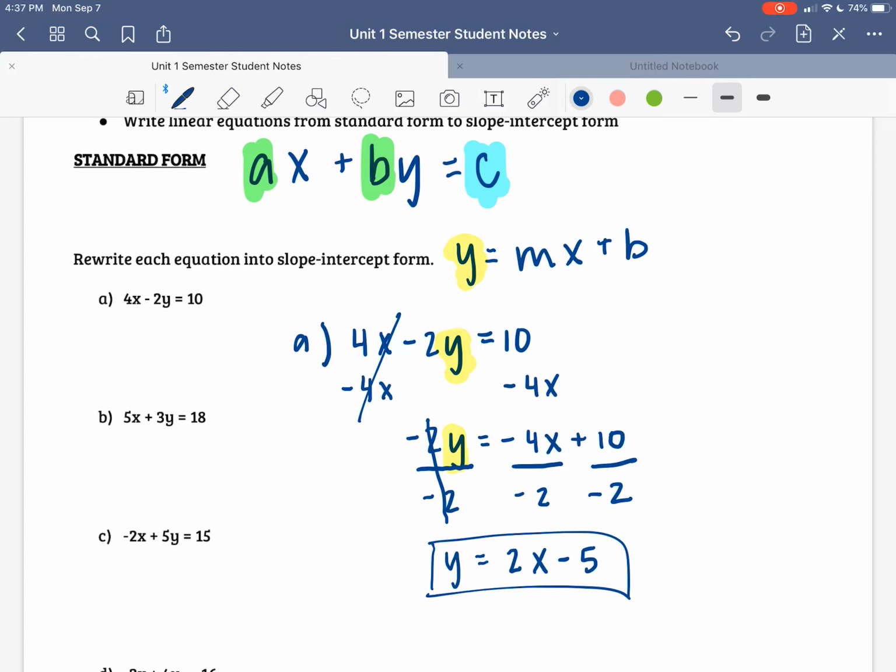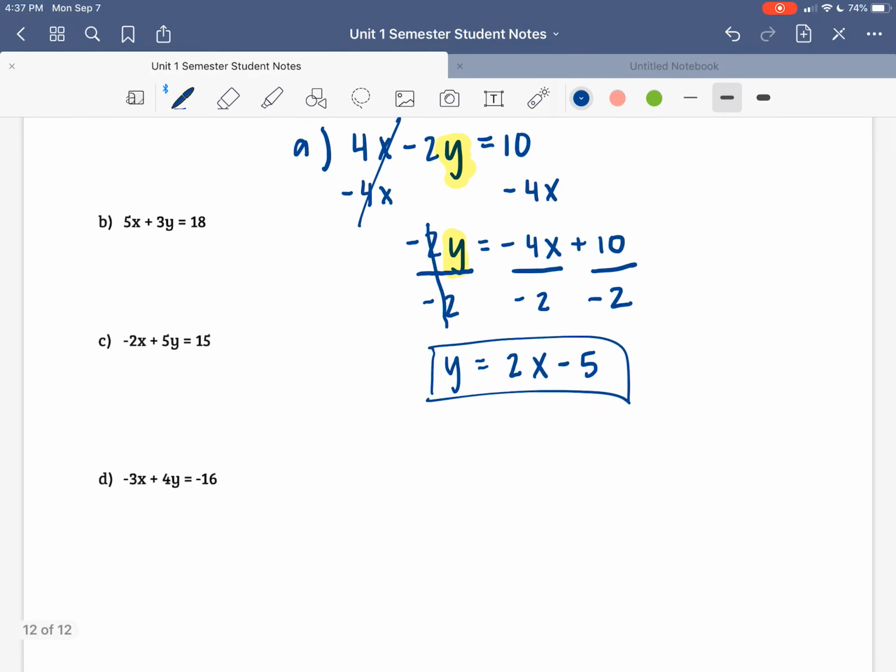So all of these are going to follow that exact same pattern. So let's jump on to example B. So example B says 5x plus 3y equals 18. And again, my goal is to get y by itself. So I'm going to start by moving my x's. Again, I've got a positive 5x, so I do the opposite. I subtract 5x